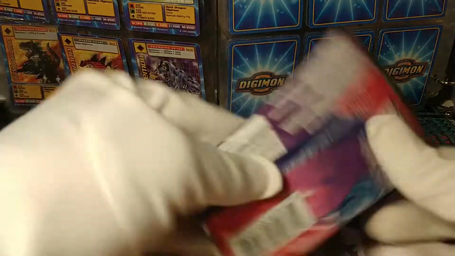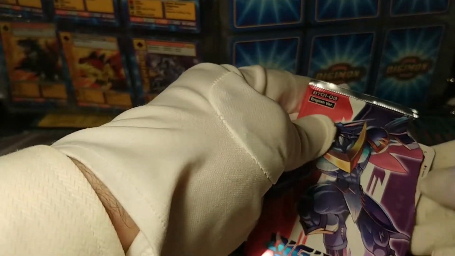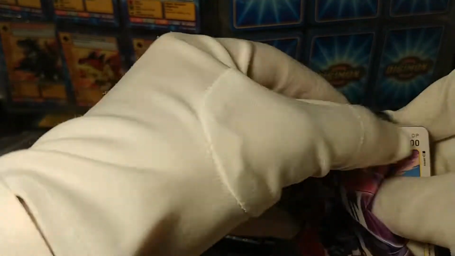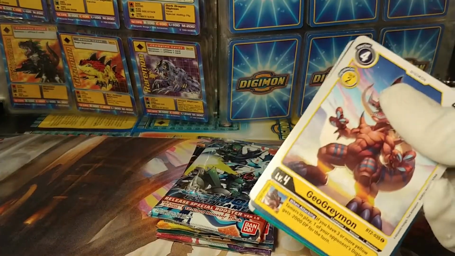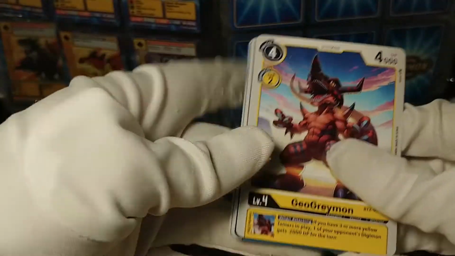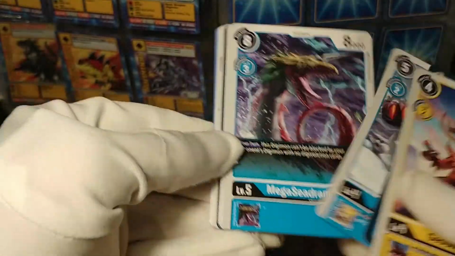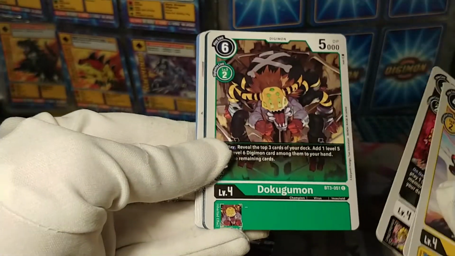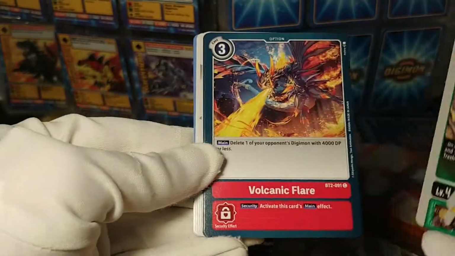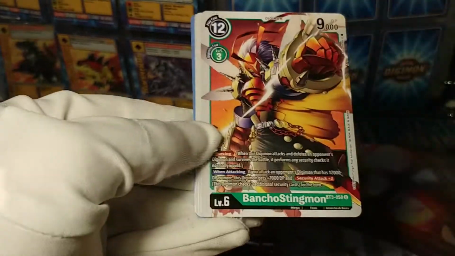Let's move right along to the next pack. I think we found both of our secret rare equivalent cards, so we probably aren't going to open any more. Oh boy, there we go. But I'd really like to see more Edamons at the very least. Ikakumon, Mega Seedramon, yeah, Sukamon, the king himself. Well, I guess King Edamon is the true king, but... Puppet Pummel, Zudomon,